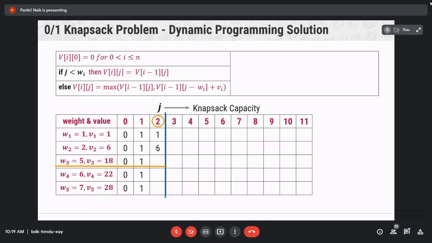Now, same way, find the values for V32, V42, and V52. Find the values for these 3 rows also for J is equal to 2, and write down the answer in the chat box.